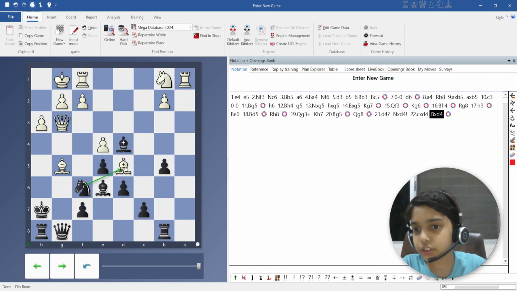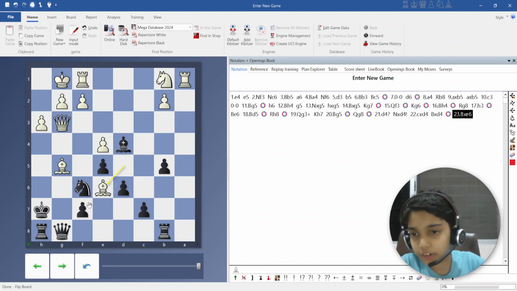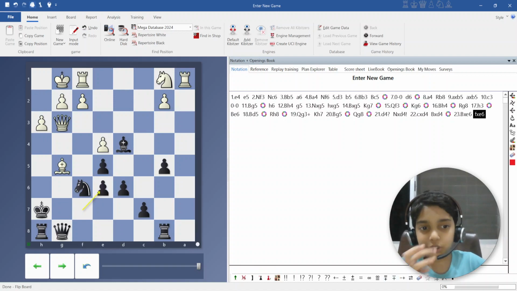Now, firstly, there's knight into d5. Secondly, there's bishop into b2. And thirdly, you just demolished your best resource. But still, after bishop into e6, f into e6, it's a playable position which can be drawn, but